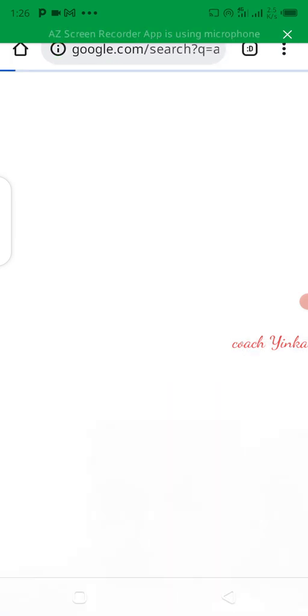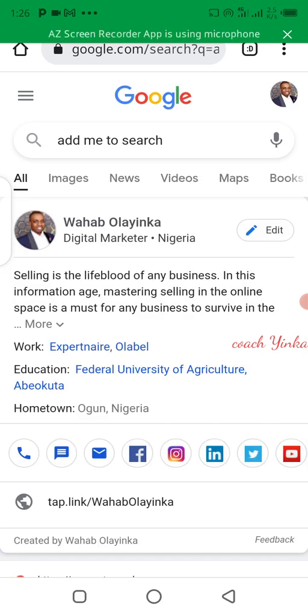When you type "add me to search," you're seeing this because I already created my own people's card, and Google permits you to create just one people's card per account. So I don't want to create another account. But in your own case, once you type "add me to search," you will see a notification telling you "get started." When you click on that notification that says "get started,"